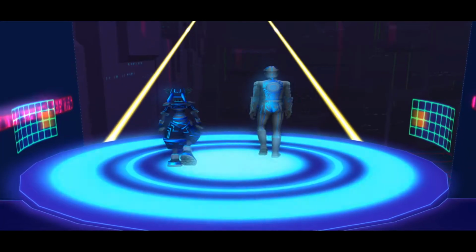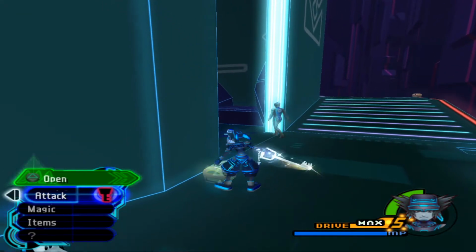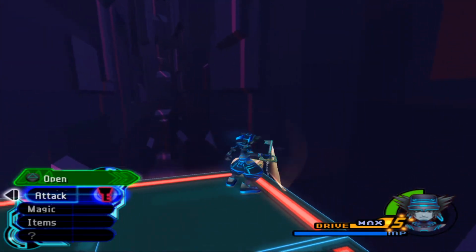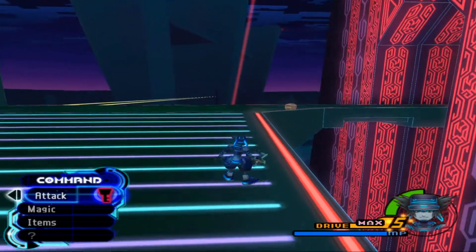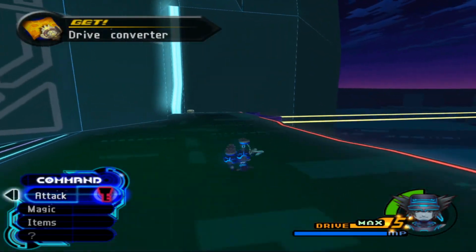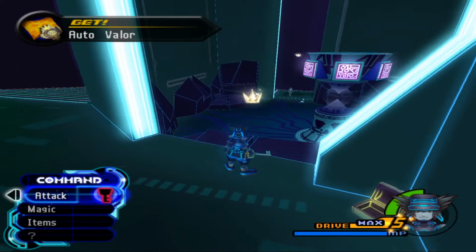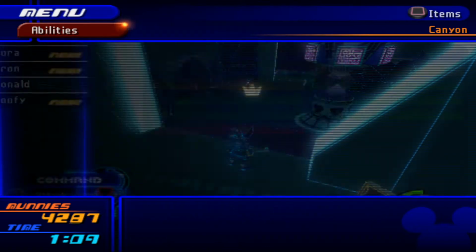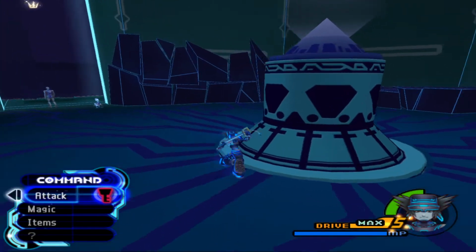I think quick run can be used in midair and dodge roll cannot. But a lot of the times when you want to end up using dodge roll, you end up using quick run, which isn't as good for combat purposes. So we're not going to be using that too much. And more synthesis materials, because why the heck not? Keyblade. Drive converter. Which is not a Keyblade. It's a fairly little known fact. Auto Valor. Yes. Just yes. Then we do one small little minigame, and I don't think there's too much...